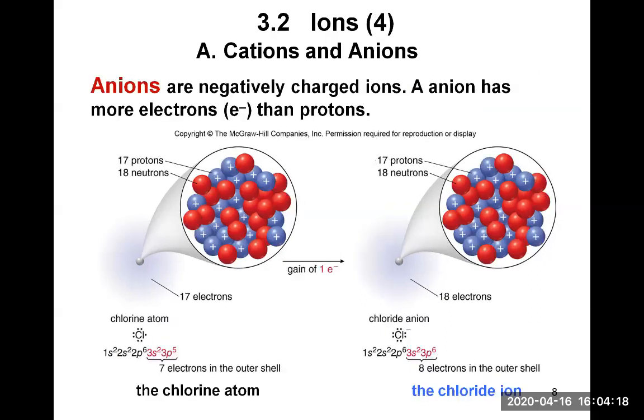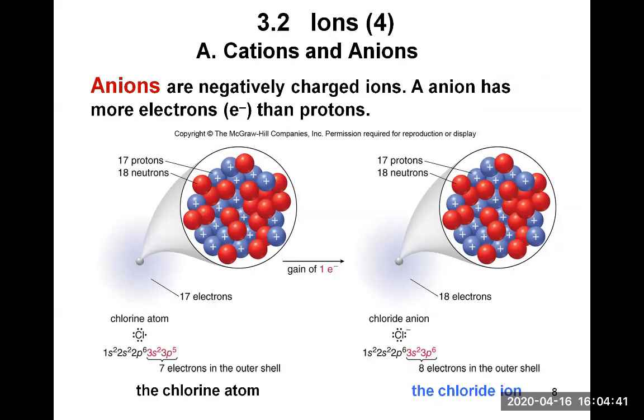Anions reach this happy state of having an octet by gaining electrons. Anions are negatively charged ions, and an anion has more electrons than protons. So let's look at chlorine. The chlorine atom,